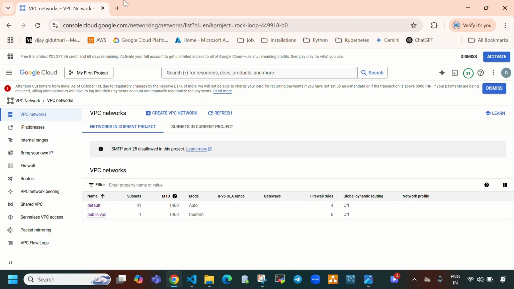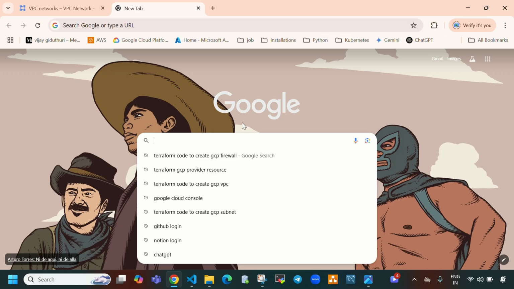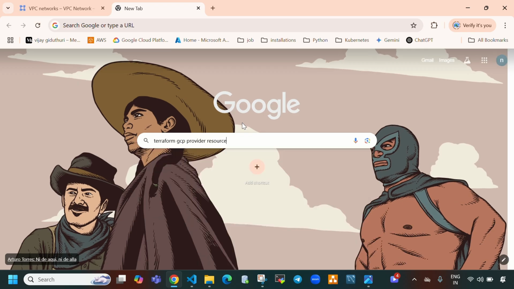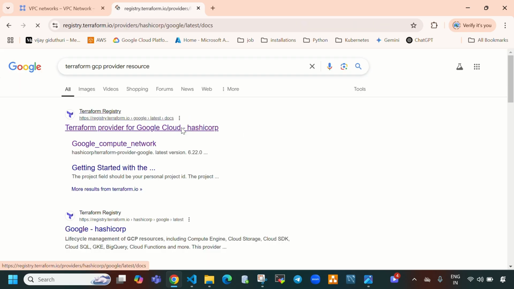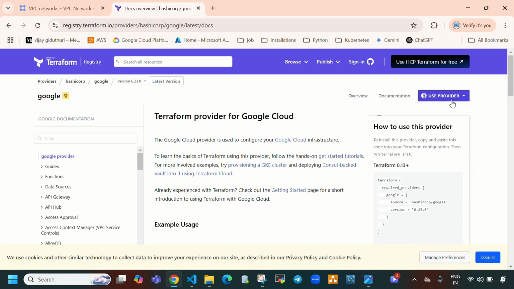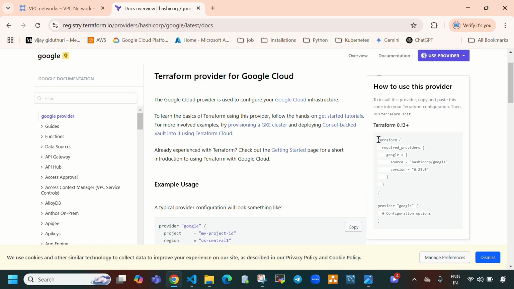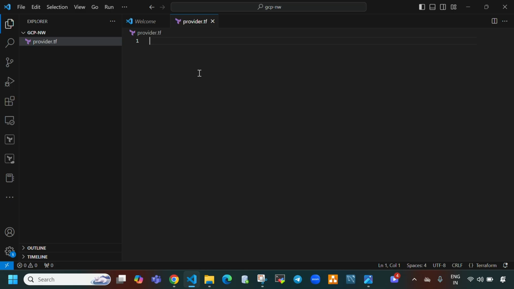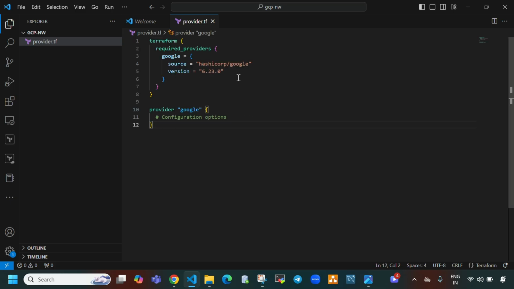Directly jump onto Google and search for Terraform GCP provider resource, and open the first link. This is the Terraform official documentation. Scroll down and copy this entire provider resource. Come to VS Code and paste it in the provider.tf file. Here you can see the Terraform required provider is Google that we are using. So the provider is Google. Now directly remove this